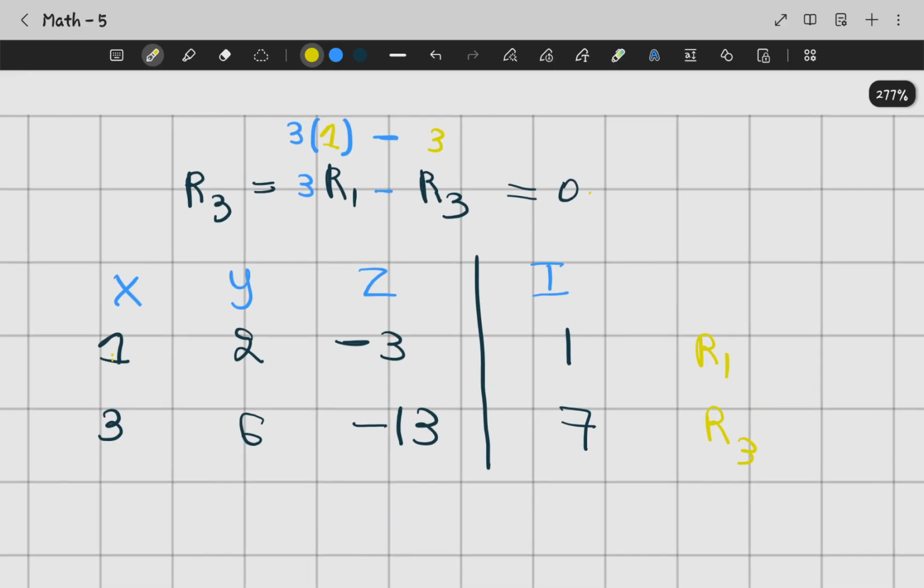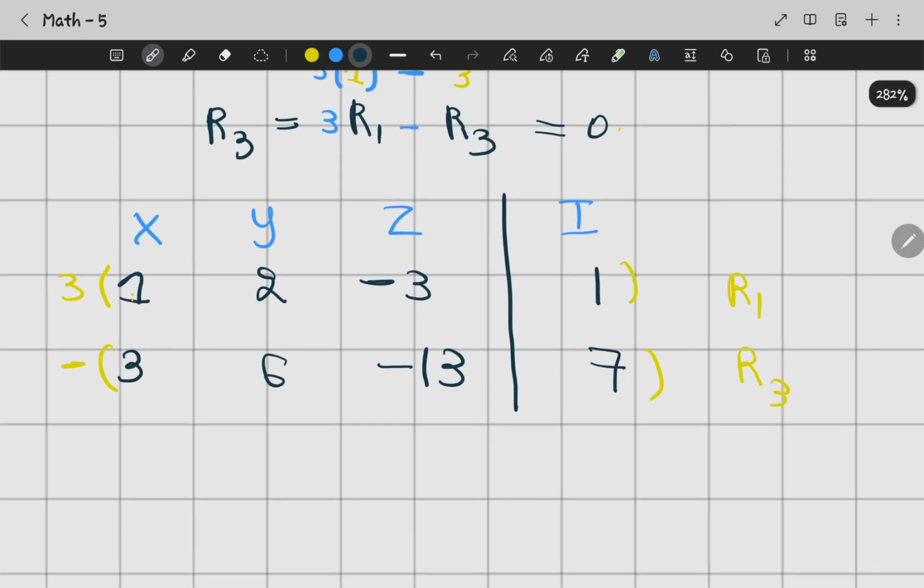Okay, so now what I will do, it's going to be R1 multiplied by 3. So this is where we have R1, we're going to multiply it by 3, and R3 we're going to make negative R3. So if I have to rewrite this, remember, since it's a matrix, you can multiply each